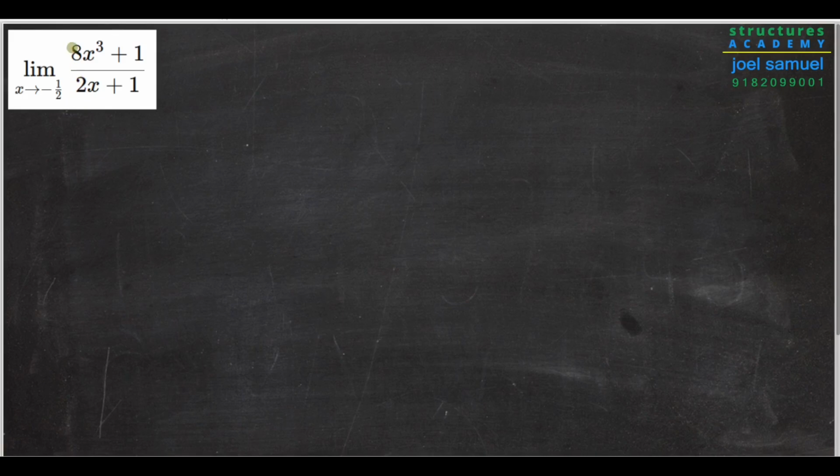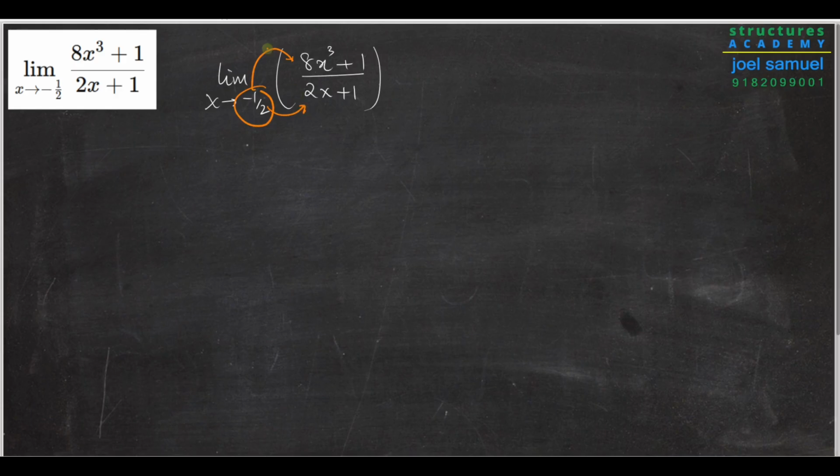Evaluate the limit of 8x cubed plus 1 by 2x plus 1 as x approaches negative half. Limit of 8x cubed plus 1 divided by 2x plus 1 as x approaches negative half. So the first instinct is to substitute minus half directly into the numerator and the denominator and to hope for